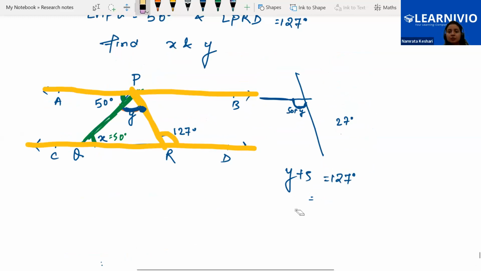Here we are supposed to find the x value and y value. So what we will do,